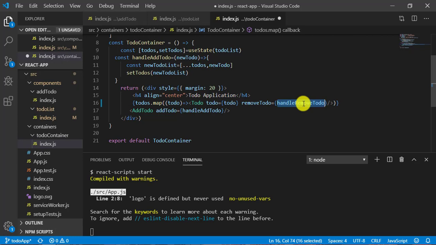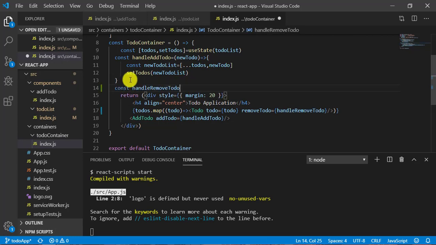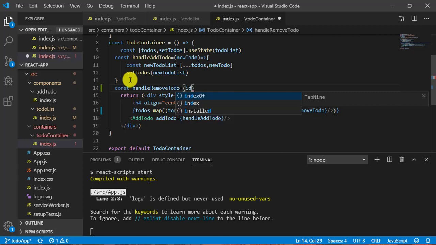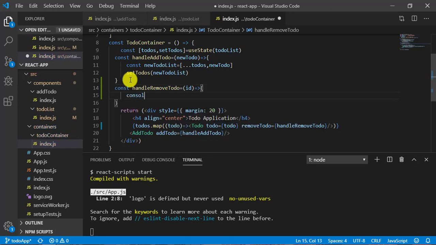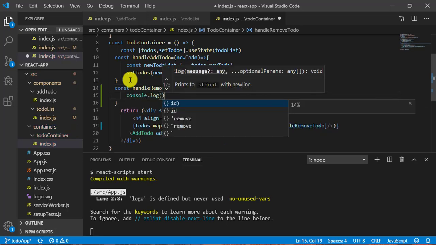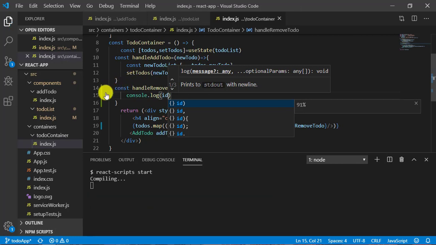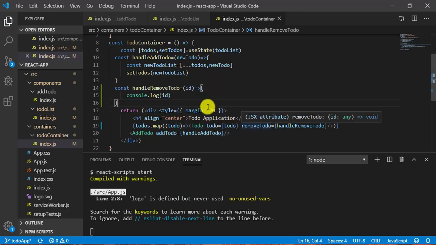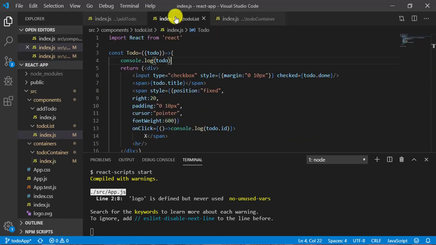This function doesn't exist right now, so let's create it. This is going to take a parameter that is going to be your ID, and here let's do console.log of the ID. Now I am passing this function as a prop, removeTodo, so here I will get this function as removeTodo.